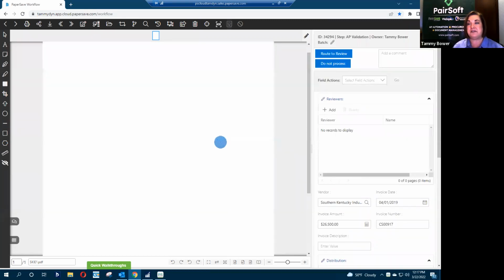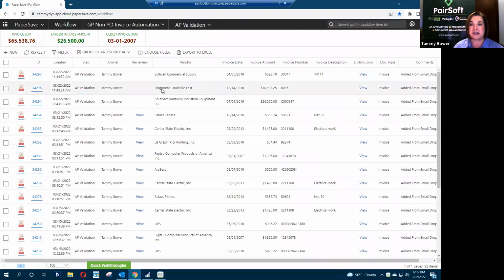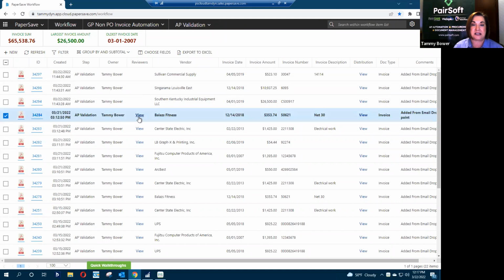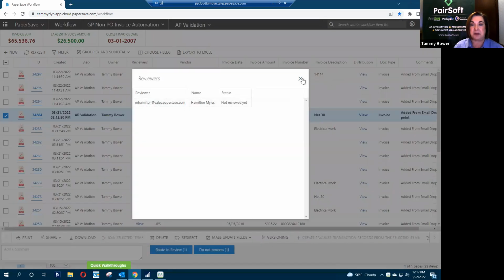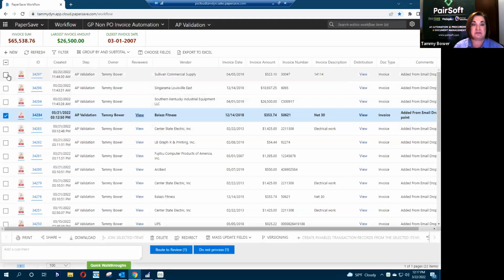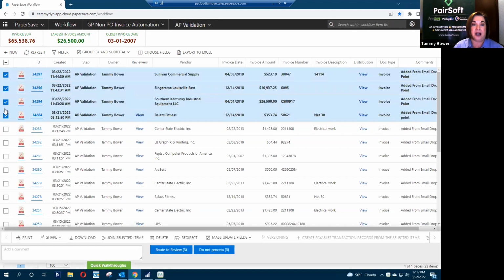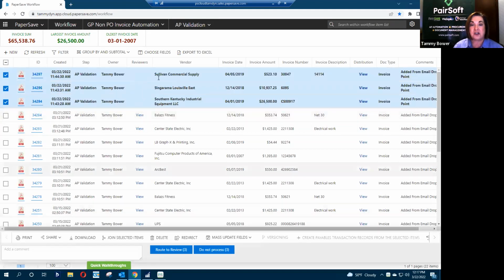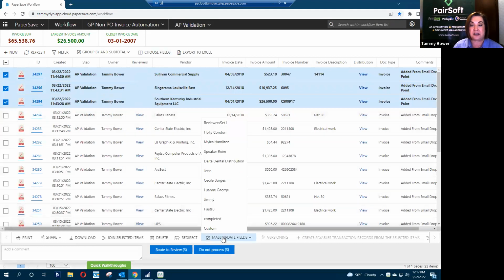Now I've done them individually. Certainly you can look across here and I can see that I don't have reviewers for these three here. This reviewer is already populated and I can see that if I click on it, it's Miles. And I can just, let's do these three. I can do mass updates as well. So if I know that these three vendors always go to a specific approver, I can choose them from my list.